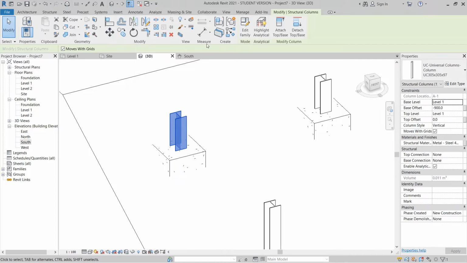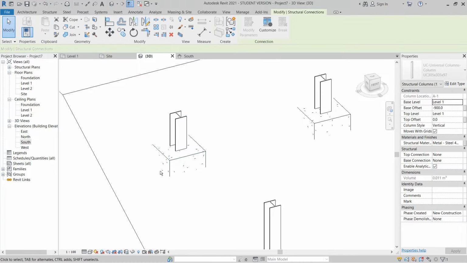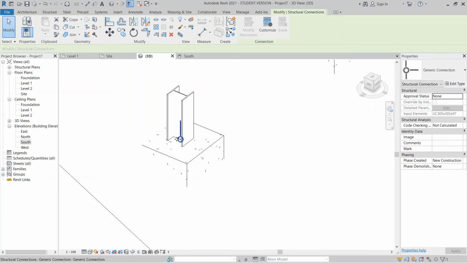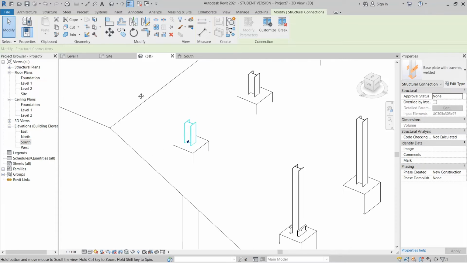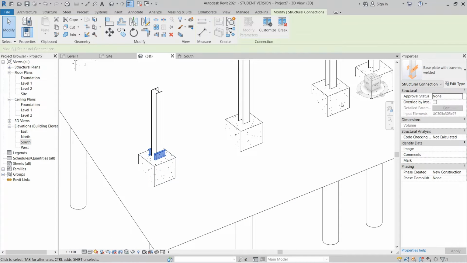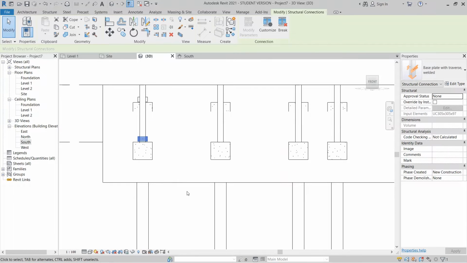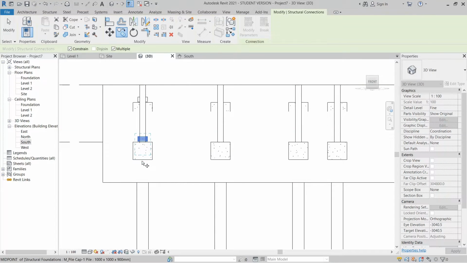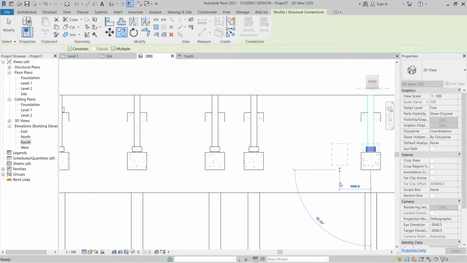I just let this one again, go to steel here, then go to connection again, select the blue line here, drop down, find the base plate for this one, and for this one I just select here, start from front. I can copy, CO for copy, start from the center one to another one, to another one, and to another one, and the last guy as well, and hit escape.